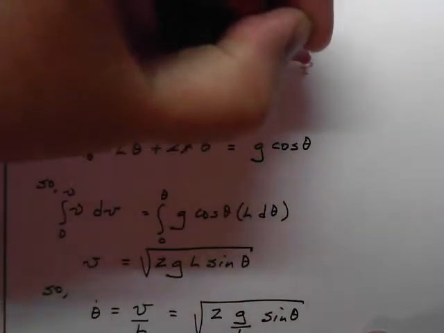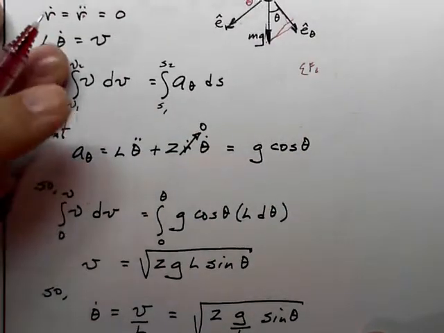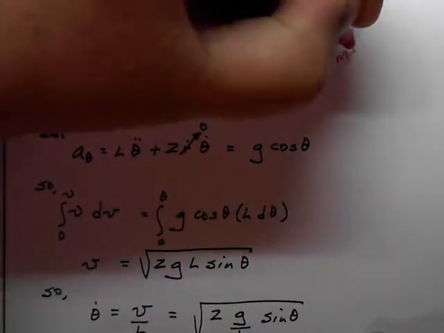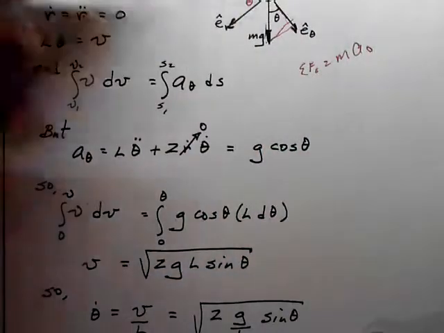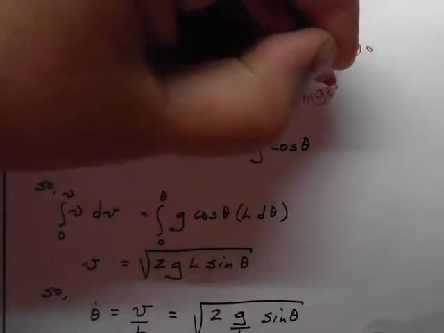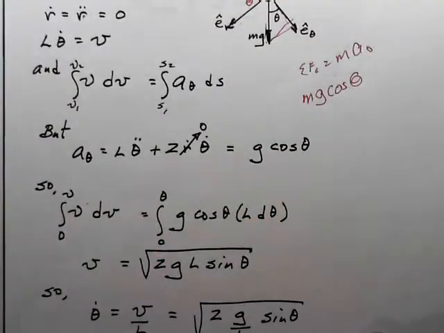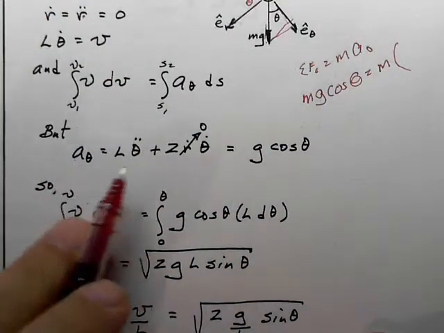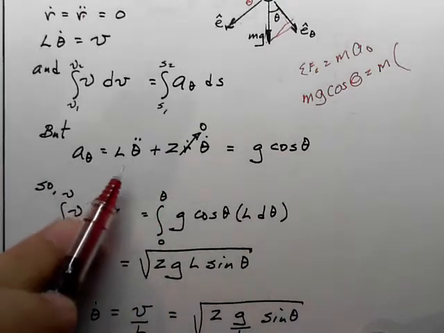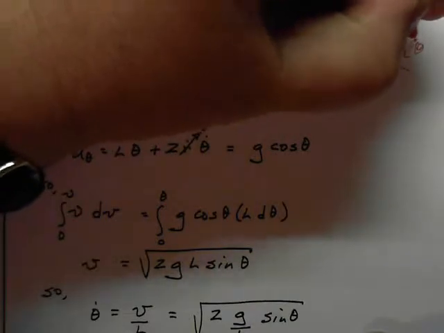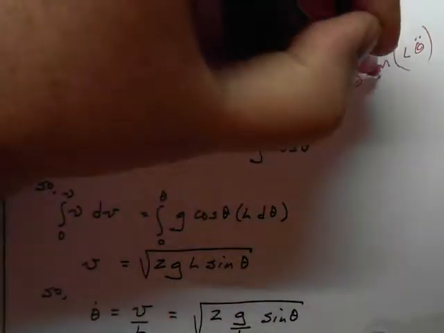So sum of forces in the theta direction equals mass times a theta. The force is mg cosine theta is equal to m, but a theta we already said was L theta double dot. L theta double dot. Cancel the m's,